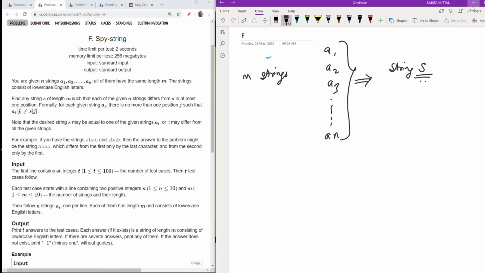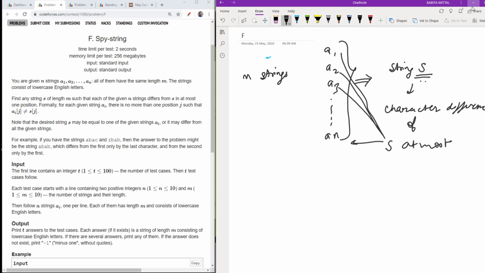So that the character difference of s and these strings like a1, a2, a3 and up to an is at most 1.